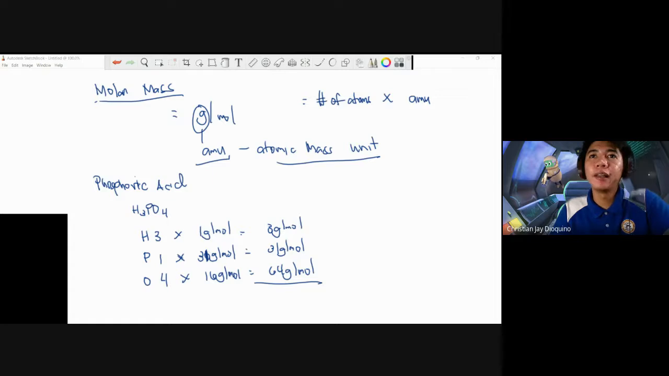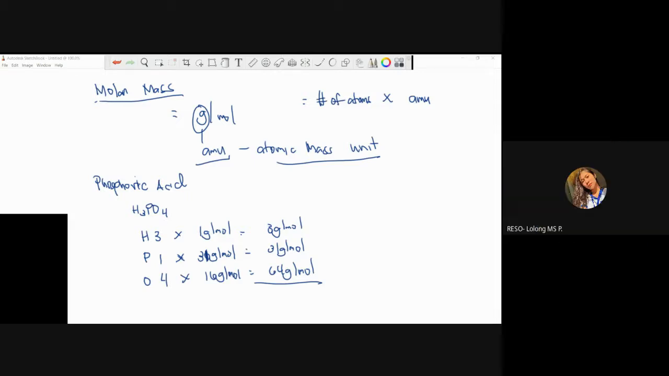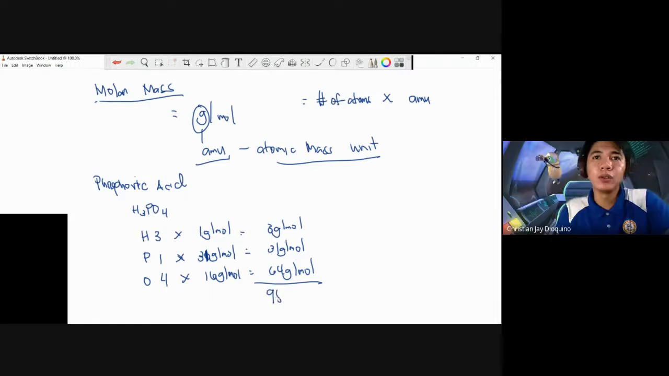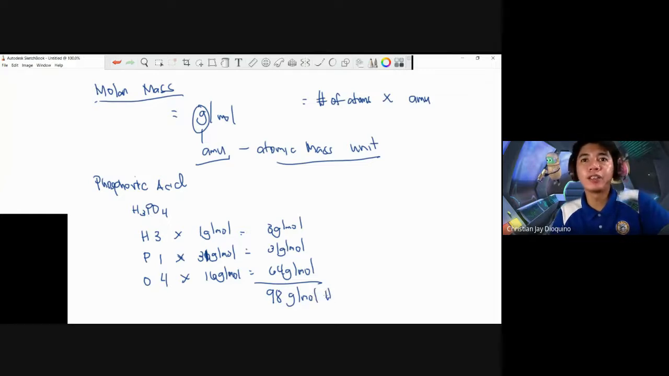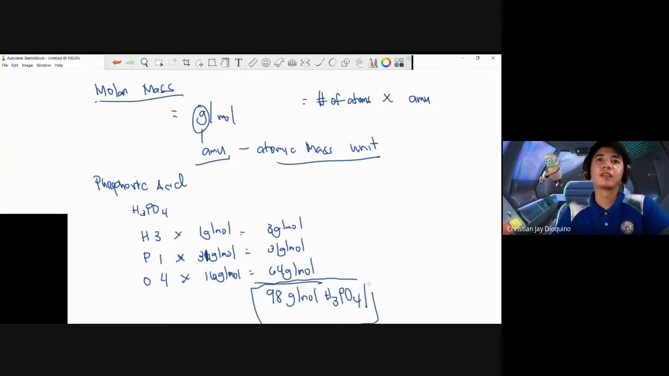Okay, so final molar mass of phosphoric acid is, Dara? 98 po. Okay, 98. Thank you. And thank you, Barbie. So we have 98 for H3PO4 molar mass. Same answer nakuha po, 98 grams per mole. Okay. How about